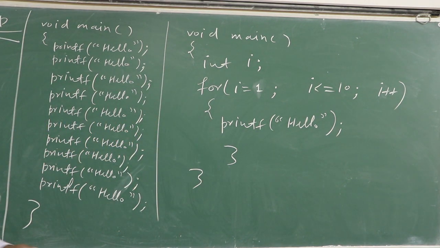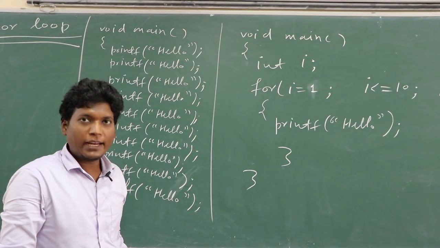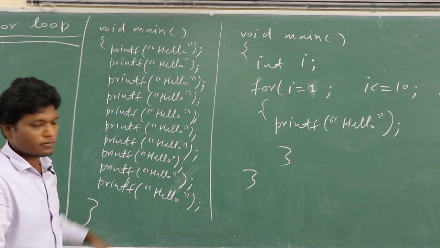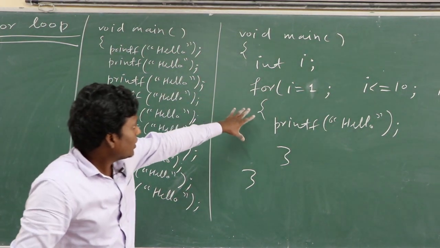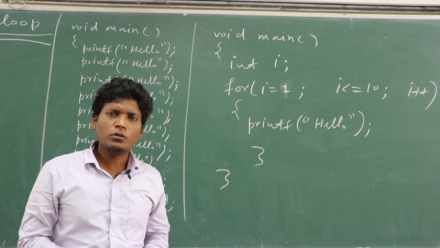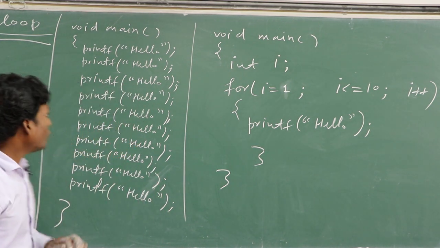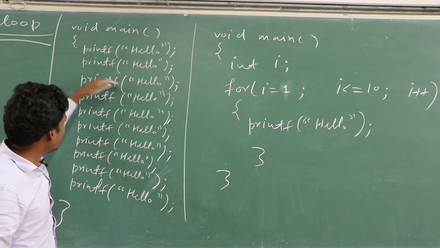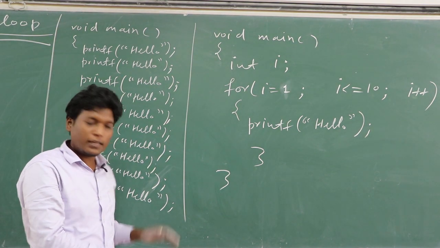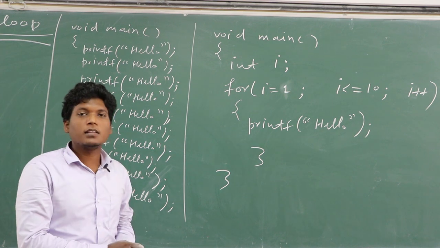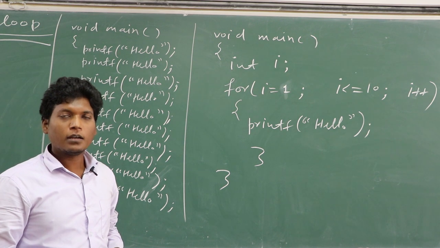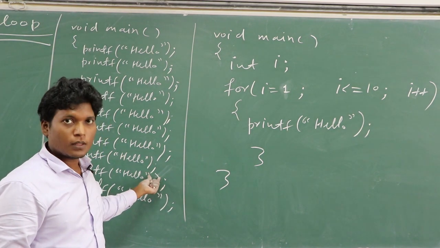Class, problem is write a program in C to print hello 10 times. So one method is to print hello 10 times. Okay. Second method is to write this program. Suppose the problem is write a program to print hello 10,000 times. So one way to print hello 10,000 times, in this way, there is need of much time.